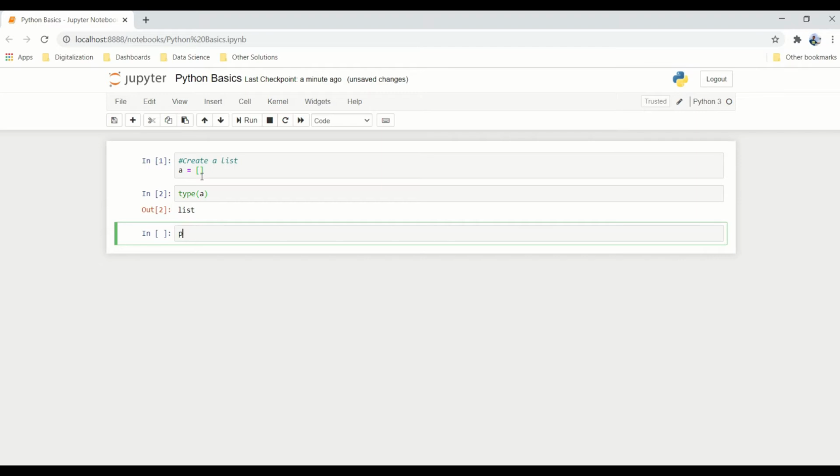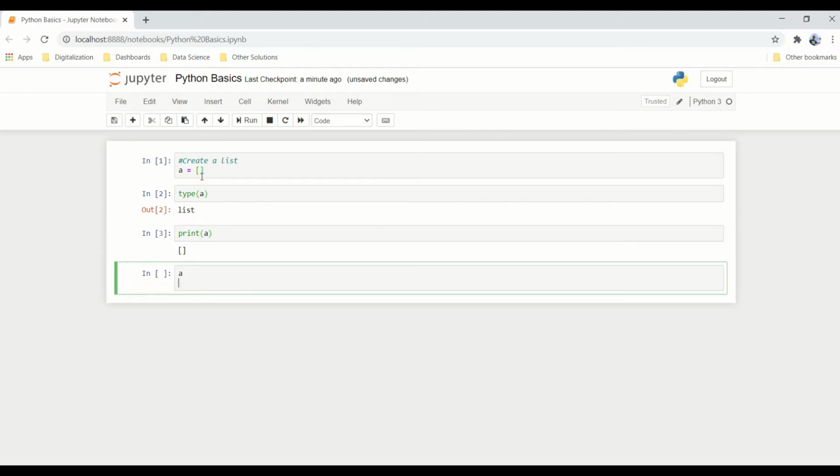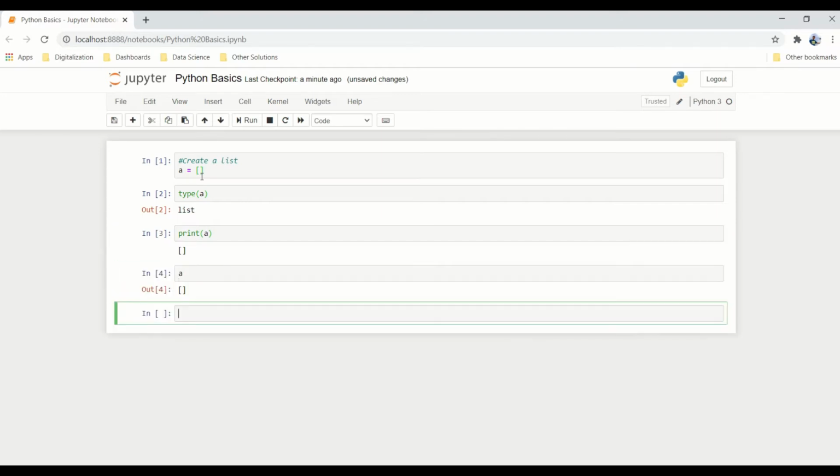Now there are multiple options to print any parameter in Python. You can use either print or simply use the variable itself. Both will show the same result. Now let's try creating some values. We can create a mixed and nested list, not only numeric.